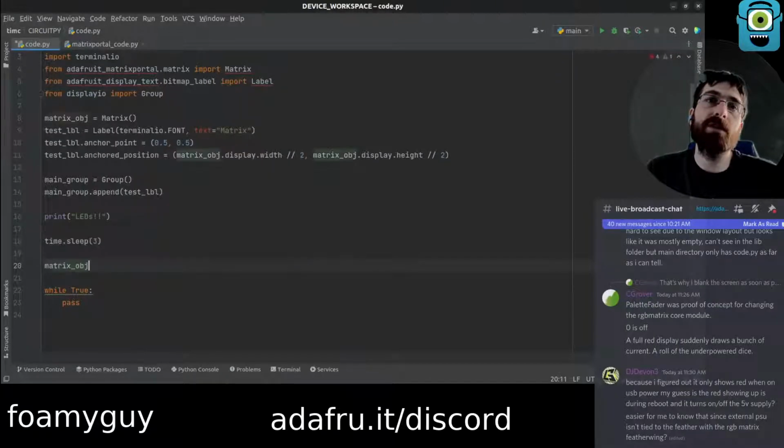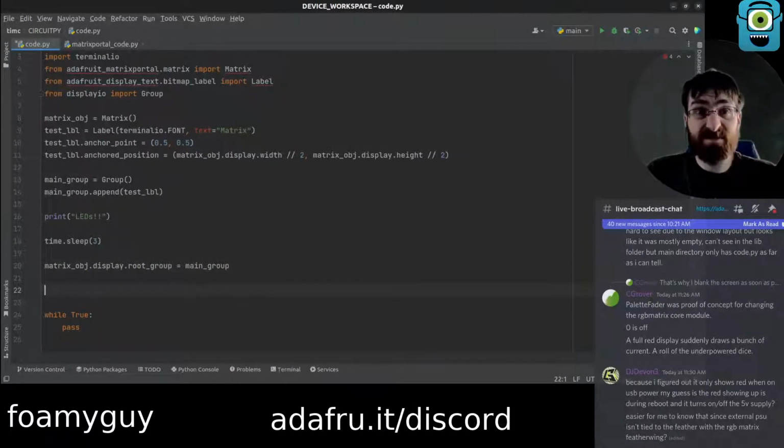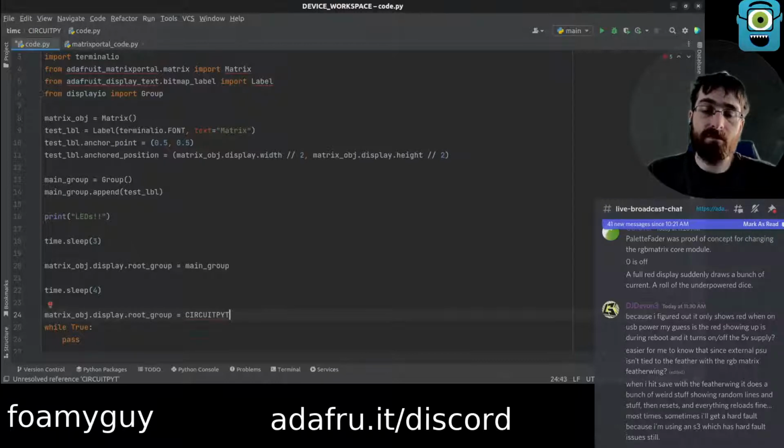So matrix object, and then it is .display.root_group equals main_group. I'm gonna copy paste that.